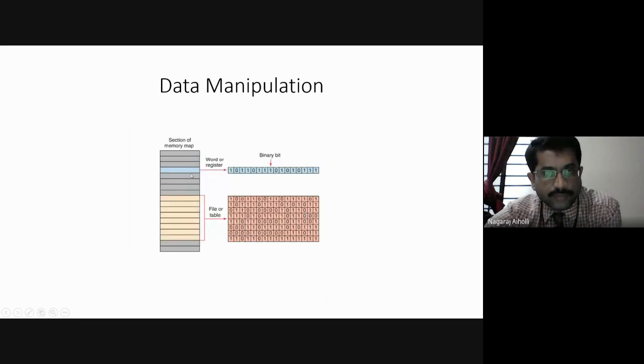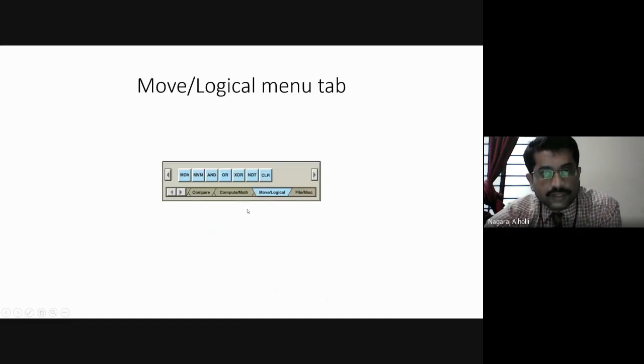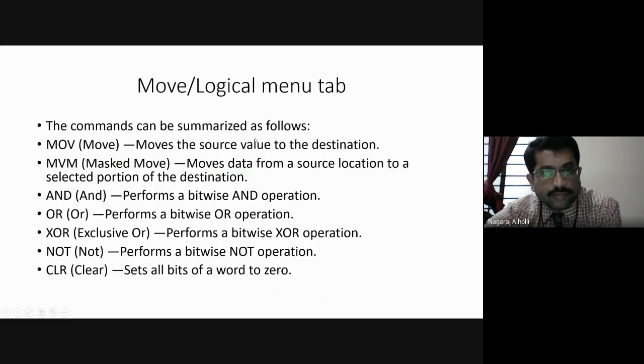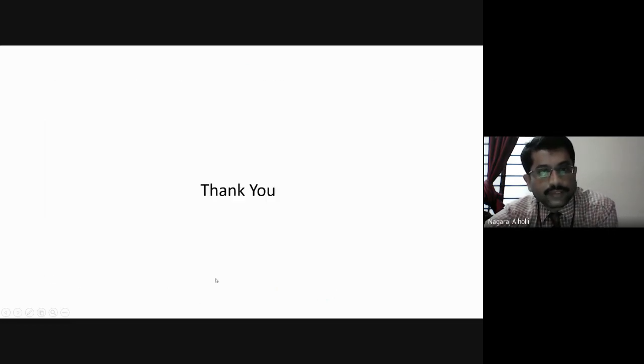Then we saw what is meant by a word and what is a file or table: a set of words we call a file or table or set of registers. Then the various commands: move, MVN, masked move MVM, AND, OR, XOR, NOT operation, then the clear command.